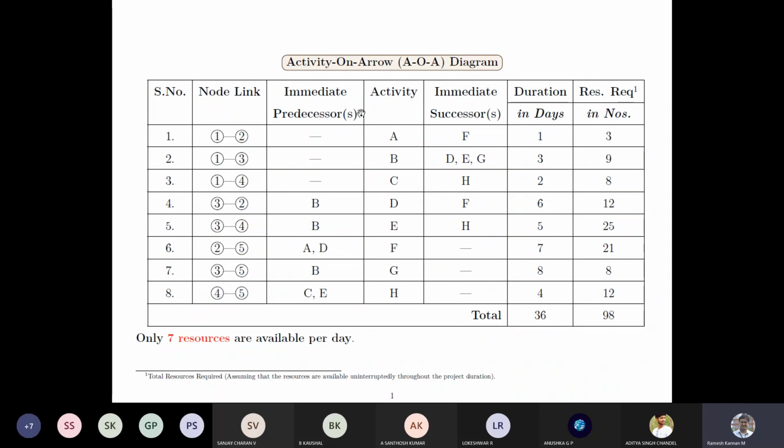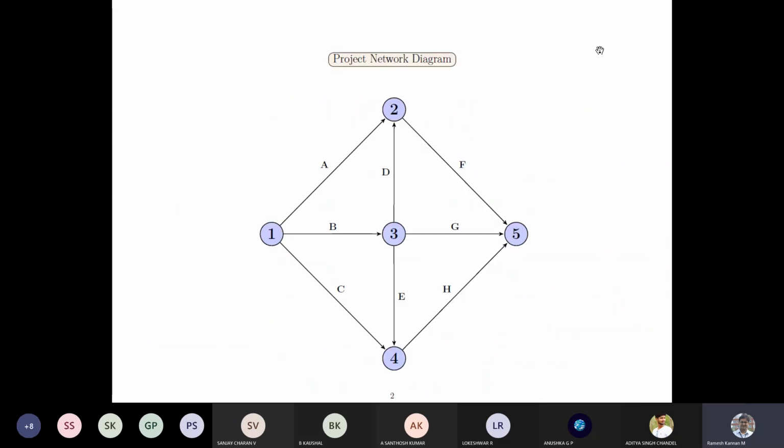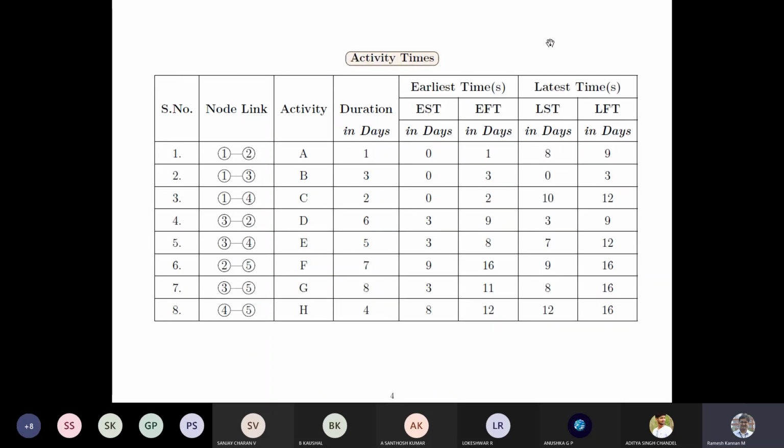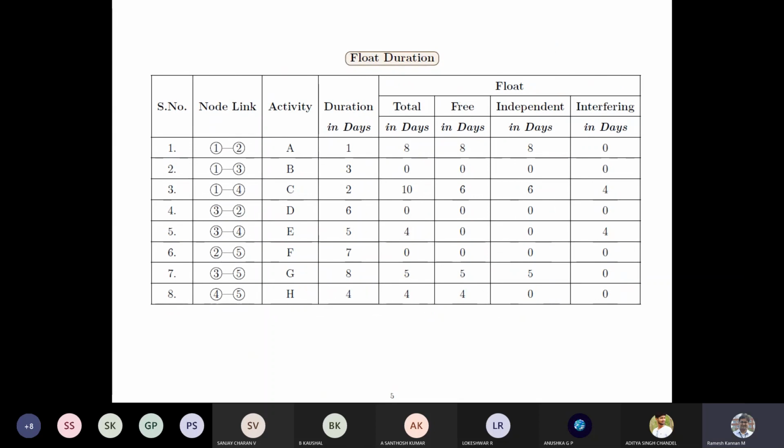Let's get started. So first we can use the critical path method to find out the earliest start time and earliest finish time, so that we can find the float durations. We don't have to really go deep, and this is the network diagram. And this is how I calculated, using the critical path method, the event times, the activity times, and the float durations.